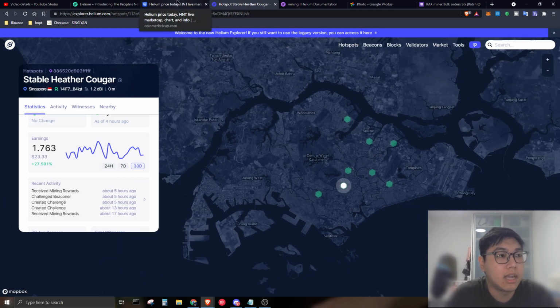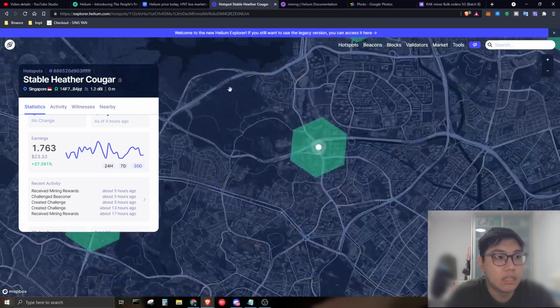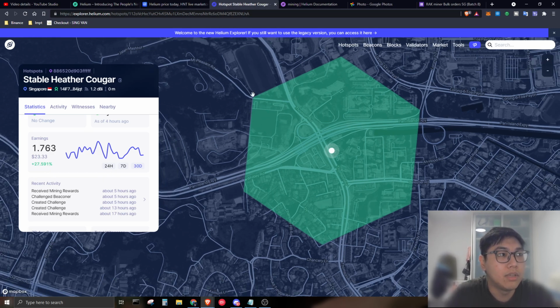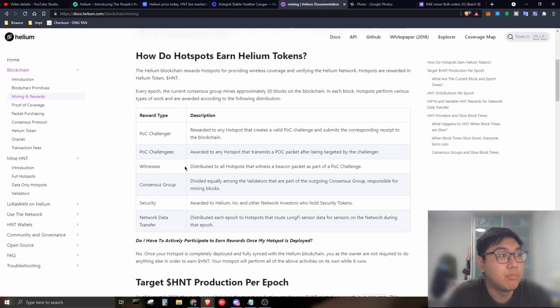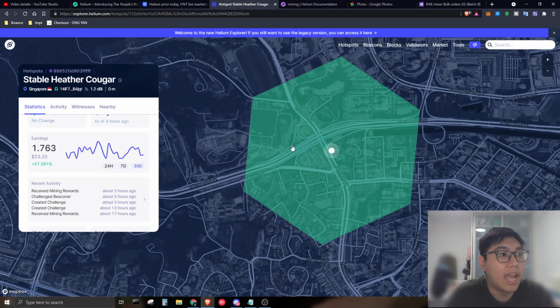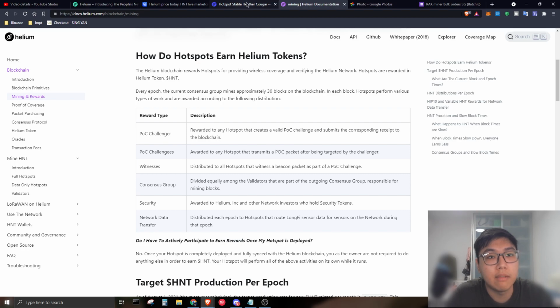Basically, let's say there's coverage within the hexagon itself. We can see this hexagon is around a 300-meter range, plus minus. If there's a miner nearby within the range of the hexagon, all of the miners are going to challenge each other, and eventually there are going to be more rewards being distributed. So within the hexagon, let's say there are 5 miners, and any of the miners can be a